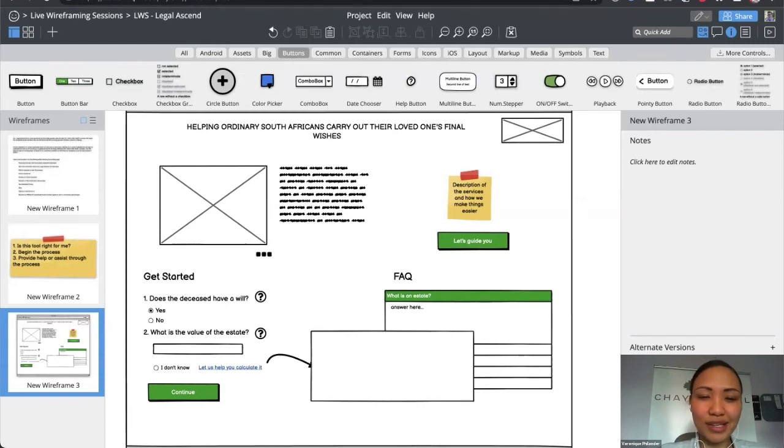So do you think the Let's Guide You, because you did mention having a single call to action is a good thing, but I would love to know your personal view on whether we would keep a Let's Guide You call to action, or whether we would change that to maybe something like, I don't know, contact us or start.